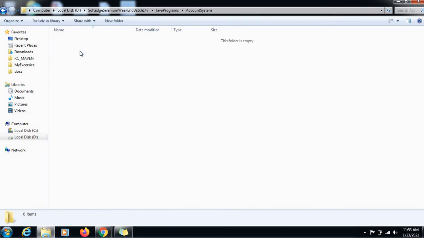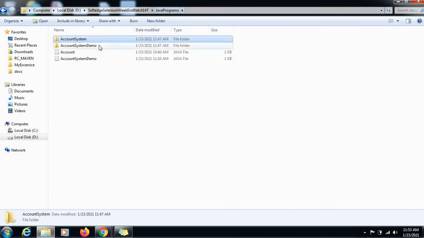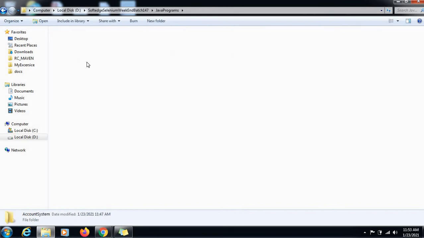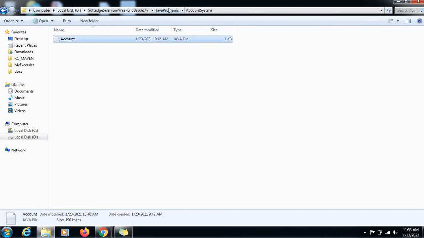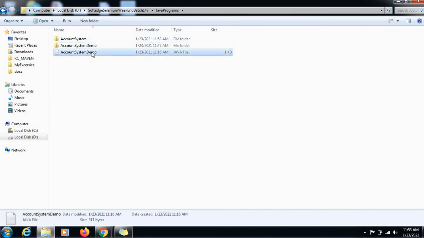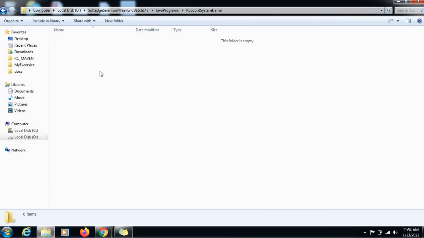So account.java will go in the account system package folder. Okay, I am doing it again, it didn't go there. Control X, Control V, and this also, account system demo, Control X and Control V.